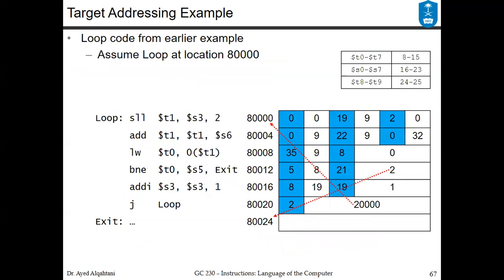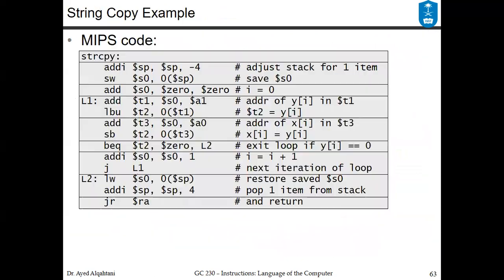To give you an example of how this helps us write the assembly code, the loop code from the earlier example, if you remember, we had a certain loop like this one. We did the shift left and add, load, branch equal, branch not equal, add immediate followed by a jump, and we had an exit here. Let's try to find it in previous slides. If we go back,